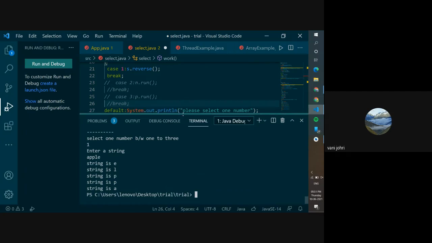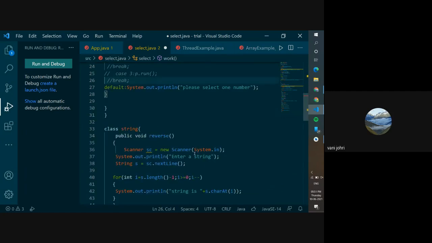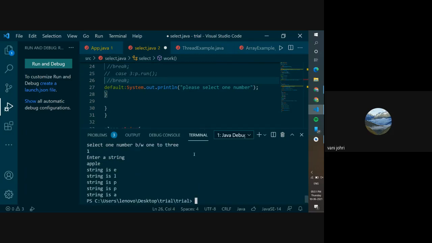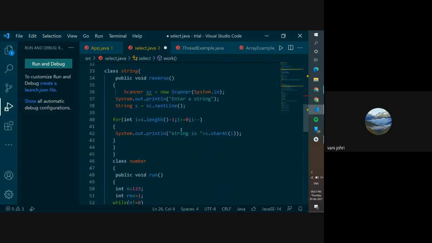You notice, not reversing, but you did get your alphabets in, you got your alphabets ELPPA, but you didn't get a string because you did not make it into a string. That's what we are doing wrong. So you're not supposed to print it over here. You're supposed to take another, let's call it R.